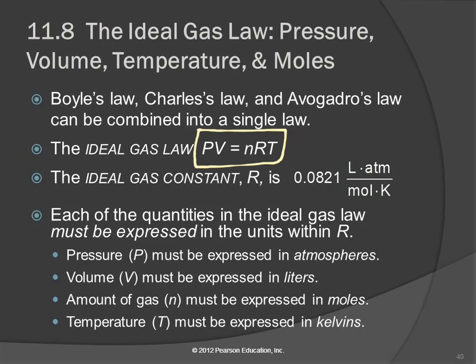What's the R? Well, all of these things were proportional. There's got to be a proportionality constant. And that constant is called the ideal gas constant. And it's given the symbol R. And this is its value,